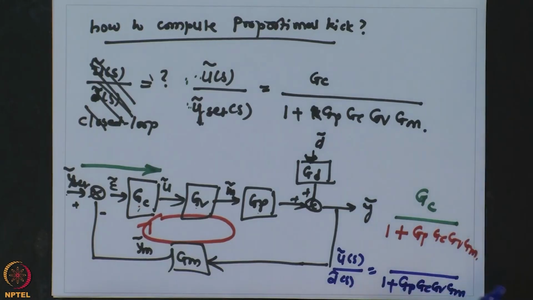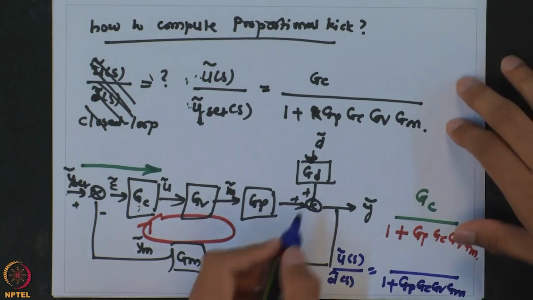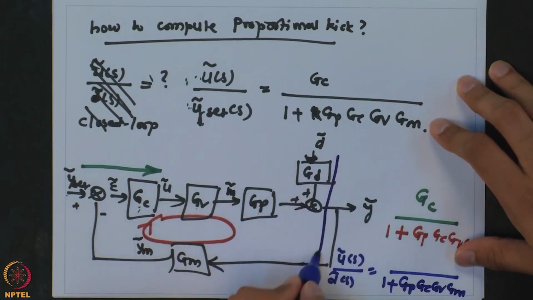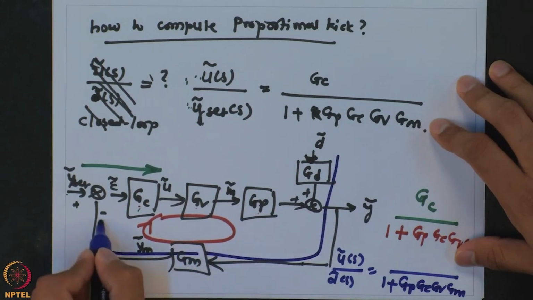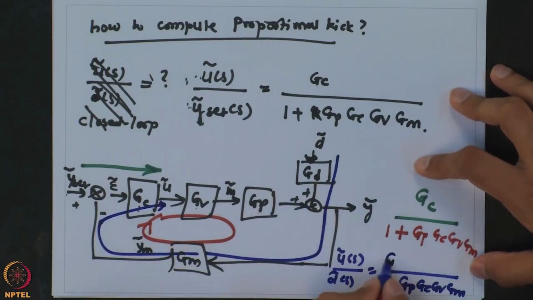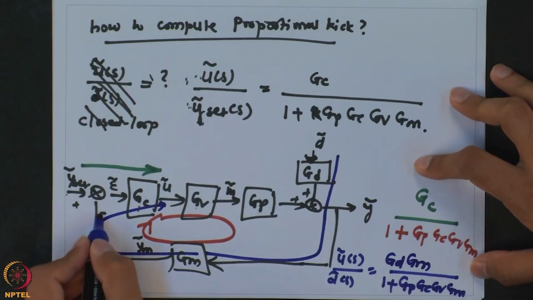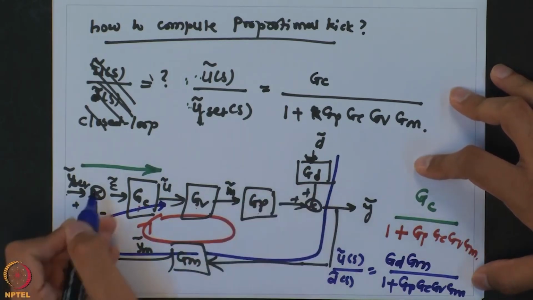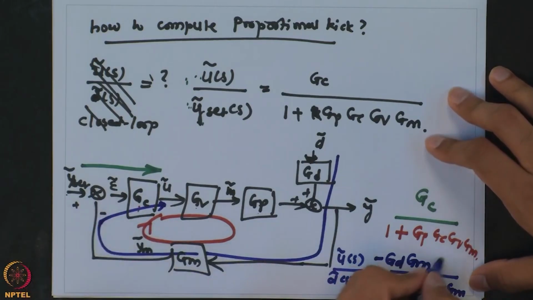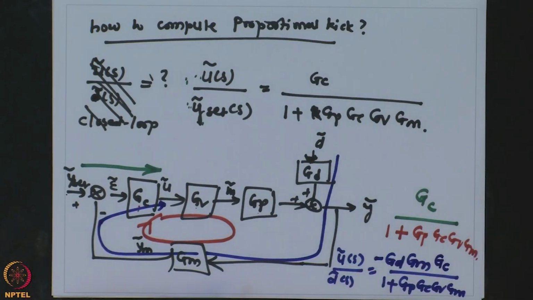But for the numerator, now we have to go from D to U. So, the path it is going to take is this. So, let us go through all the transfer functions. So, you have GD, then you have GM, and then we have a negative sign because the effect gets inverted. So, you also have to carry that negative sign here, and then GC. So, that way you can always find the transfer function between any two variables within this closed loop system, and